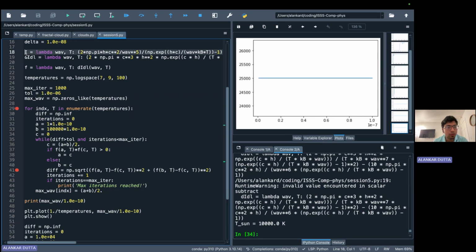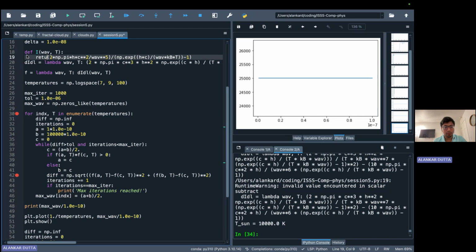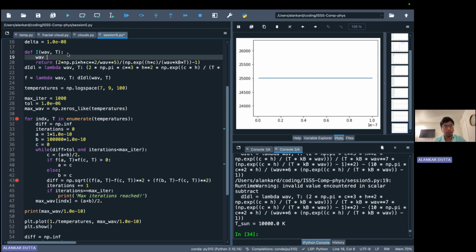So let me then make these functions two-liner functions because I will have more than one line in here so that I can manipulate stuff. Then I'm going to have a return of this. Then I'm going to have wav equals wav times